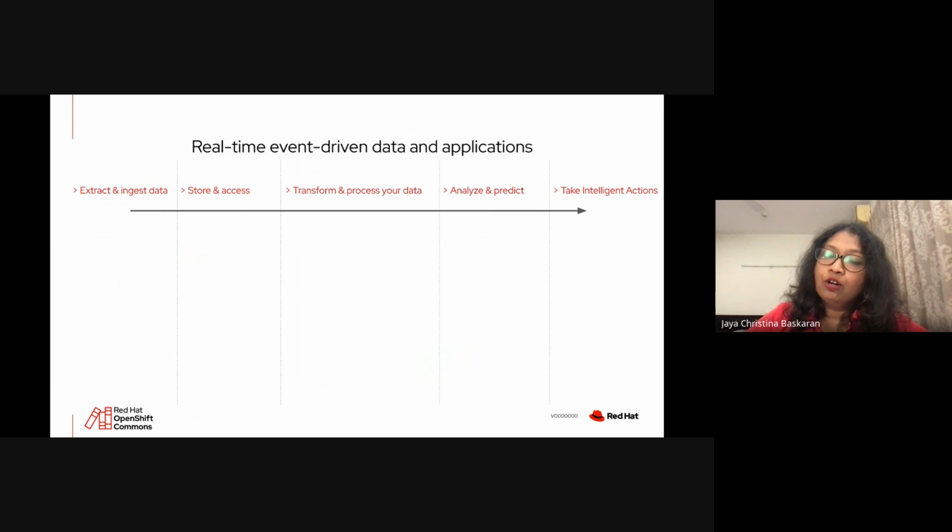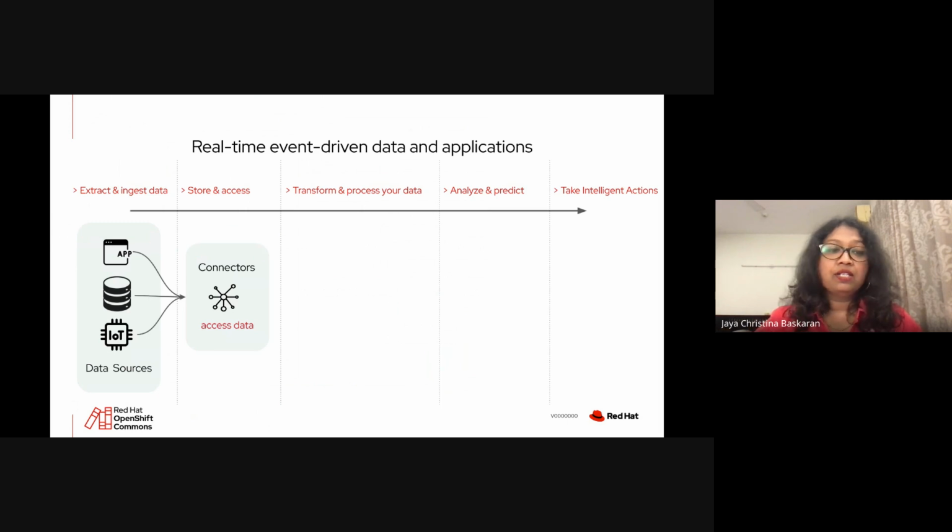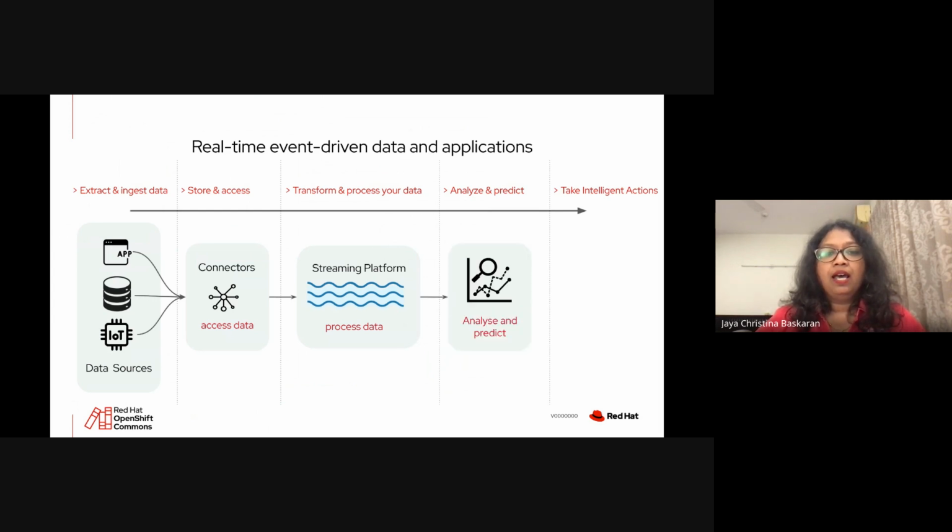Okay, so we all know real-time event-driven applications are very important. Data is gold. And so we all know that we want to be able to use data to arrive at excellent, intelligent decisions in the end, right? That is the whole point of gathering data. So we start off with gathering data from multifarious data sources and use connectors to access that data, and then some sort of a streaming platform to process the data, and then use the data to analyze and predict,